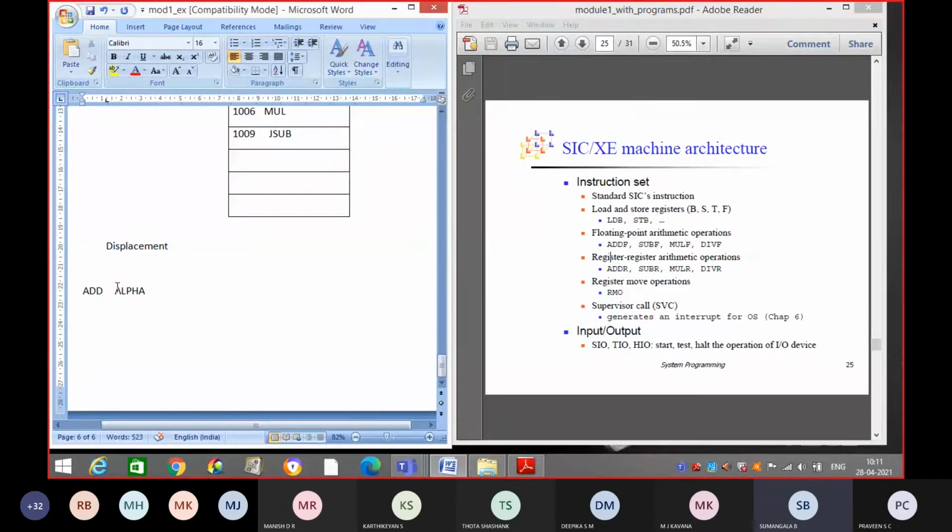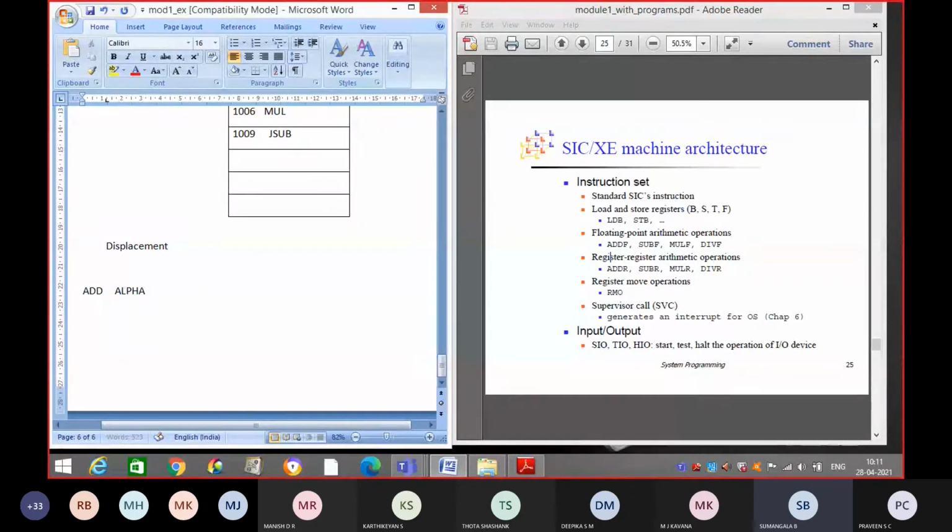That means we are using two things here. We are using the accumulator, it is a register, and also we are using the memory location, that is nothing but alpha. That means two things are involved here, register and the memory location. But assume that you have only the registers, that means both the operands are present in registers. That means I will give it like this, S comma A.